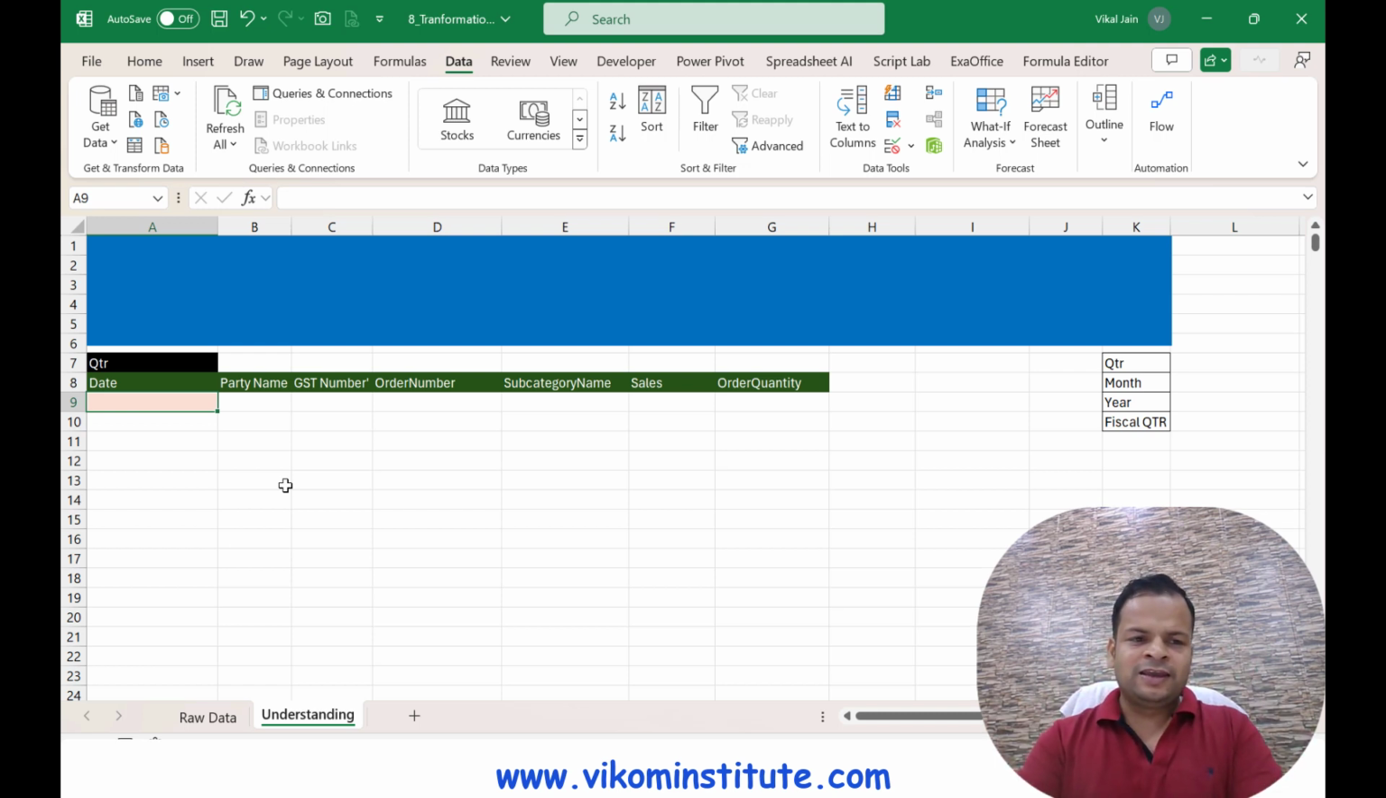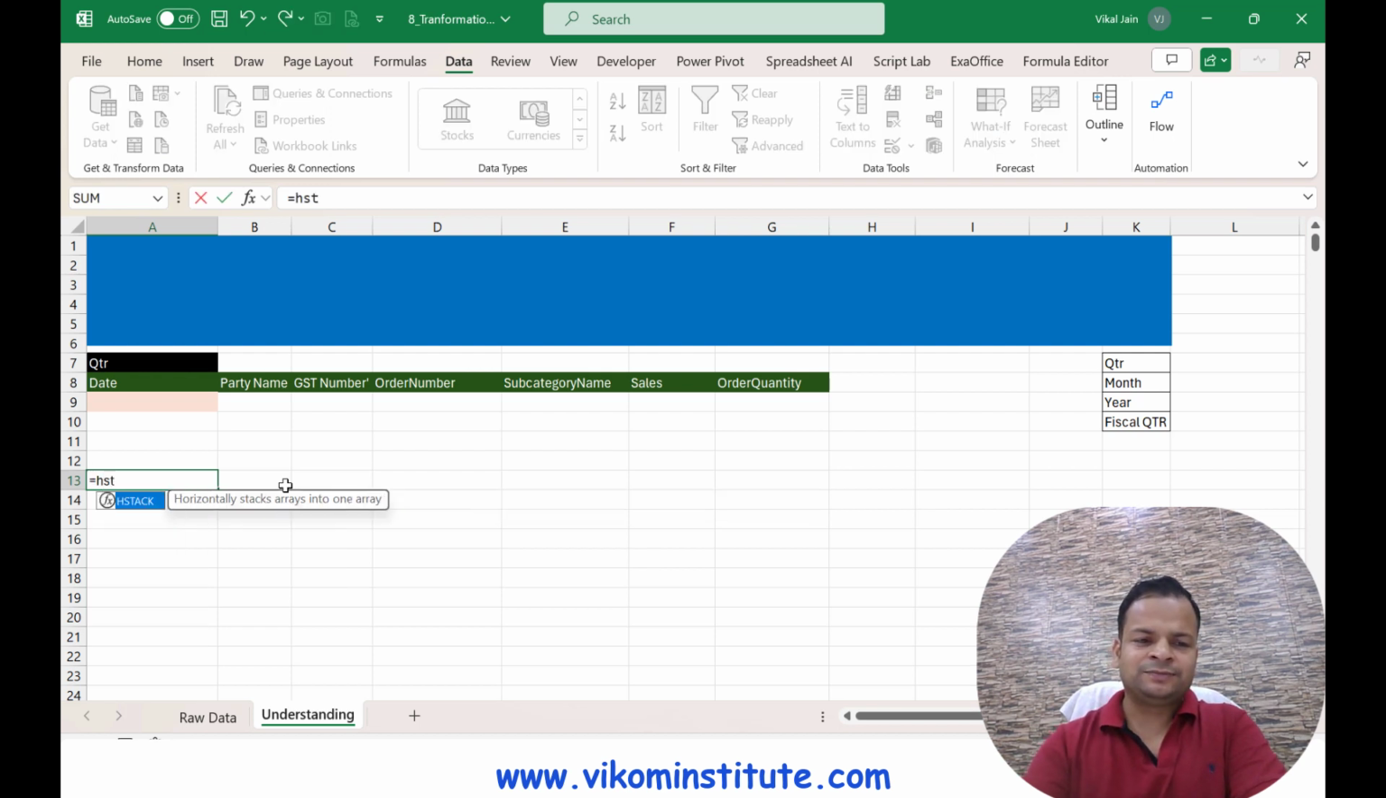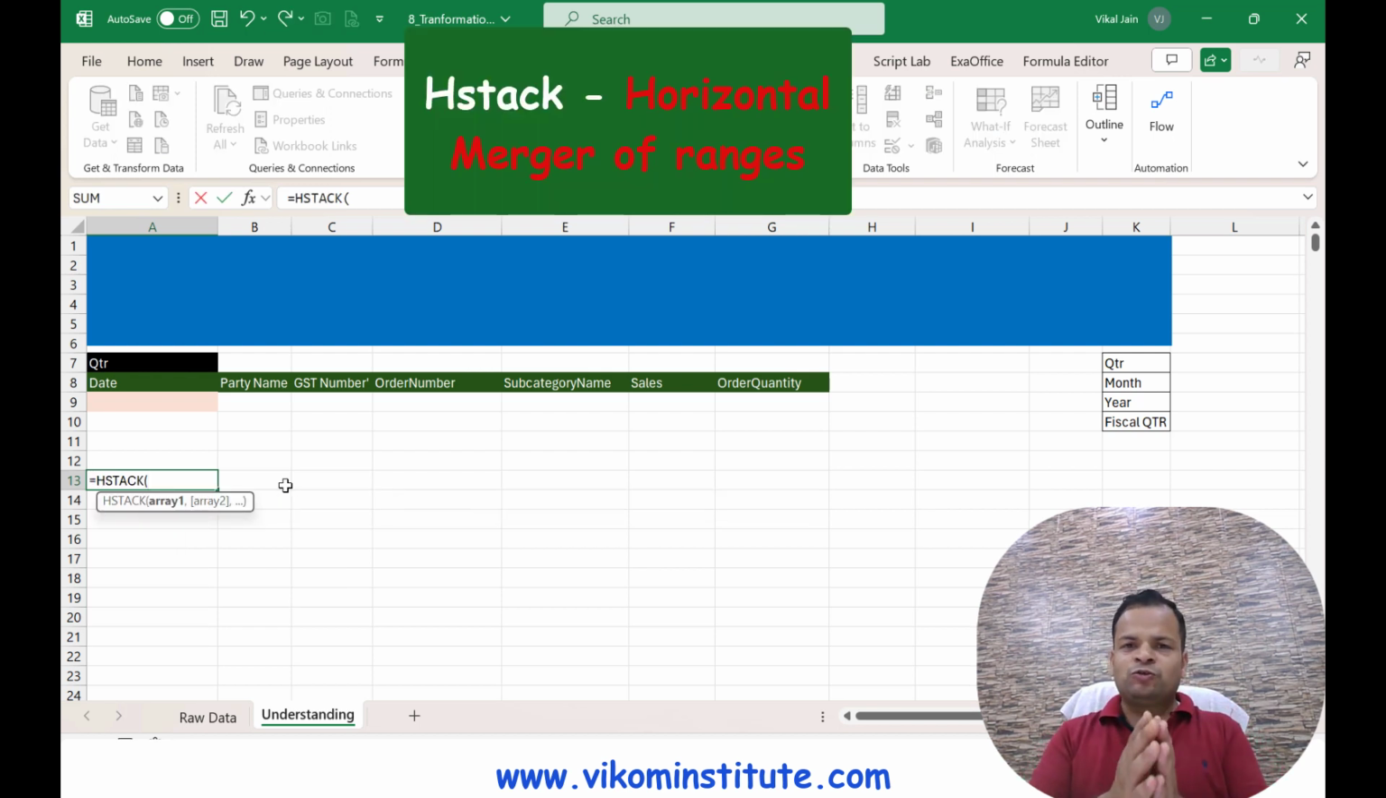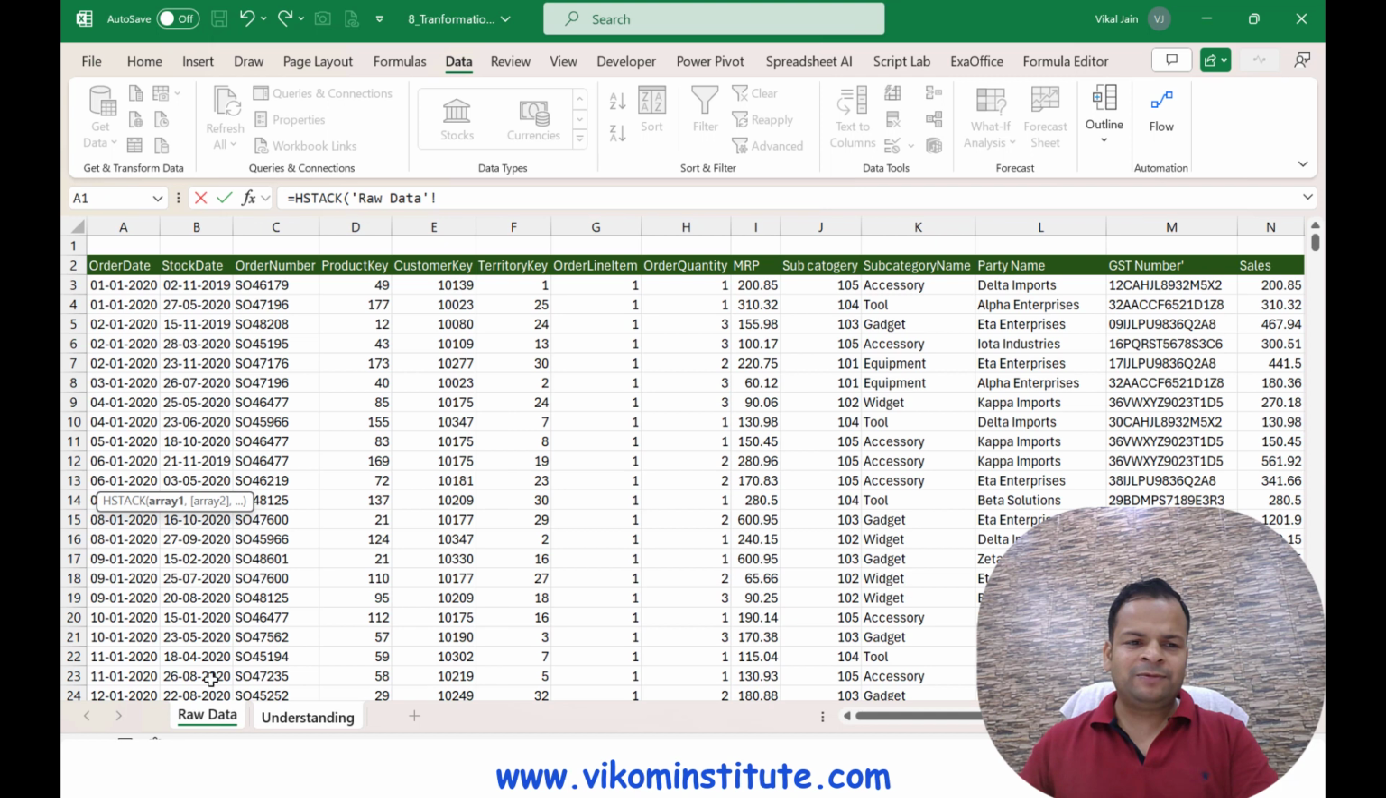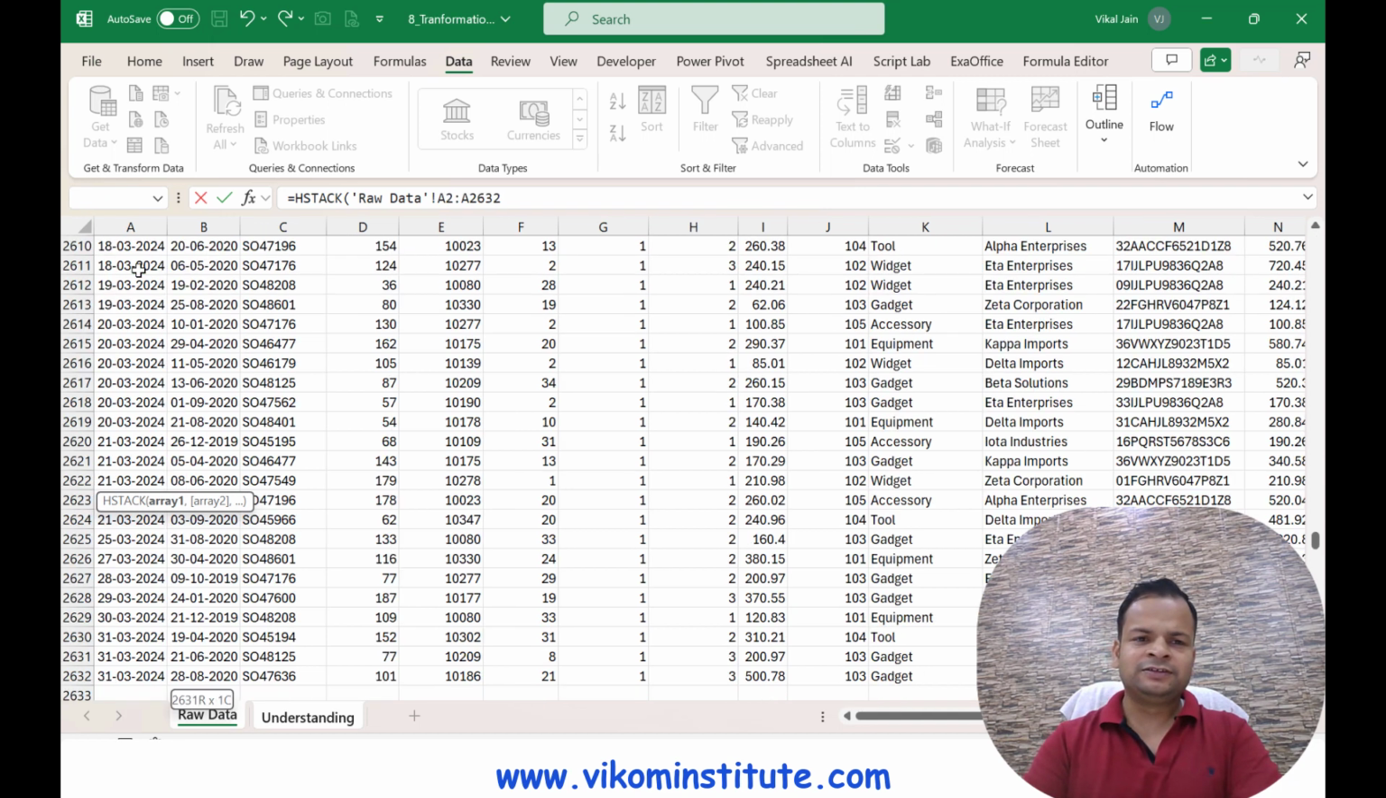Here I'm not using this cell, I'm saving it for future. So basically I am using HSTACK, which is going to build horizontal data for me. Here it is asking for array 1. Array 1 is your date column, so I am taking my date column as order date. Now comma,